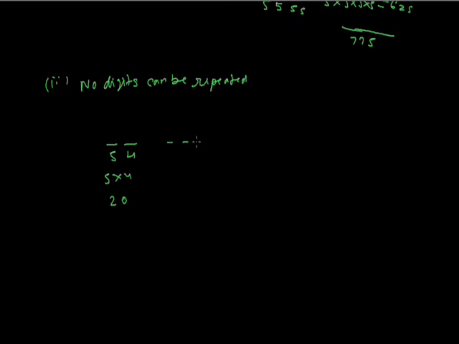Now for 3 digit numbers, we can fill this place by 5 digits, this place by 4 digits, and this place by 3, so 5 into 4 into 3 is equal to 60. Now 4 digit numbers, we can fill with 5, 4, 3 and 2, so it will be 120. So the total is 20 plus 60 plus 120, which is equal to 200. So we can solve problems like this using the principle of multiplication and the principle of addition.